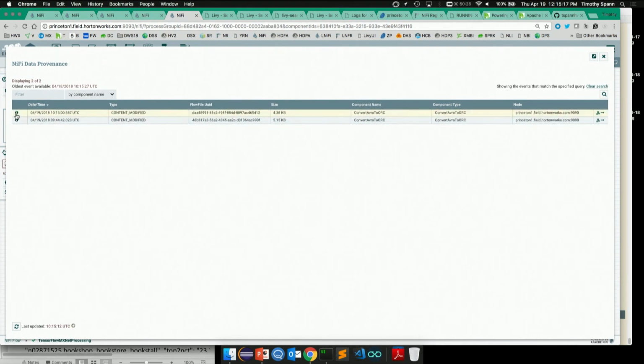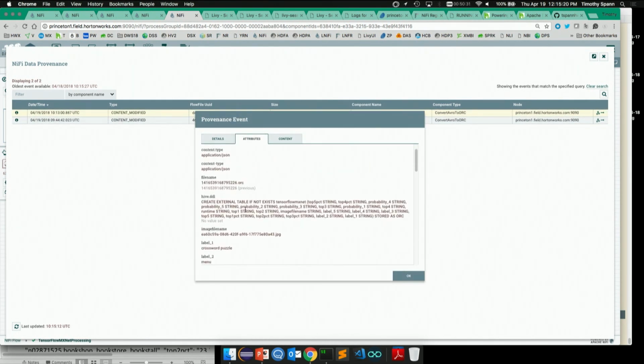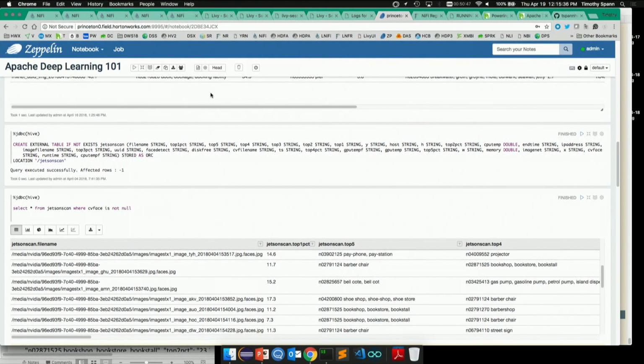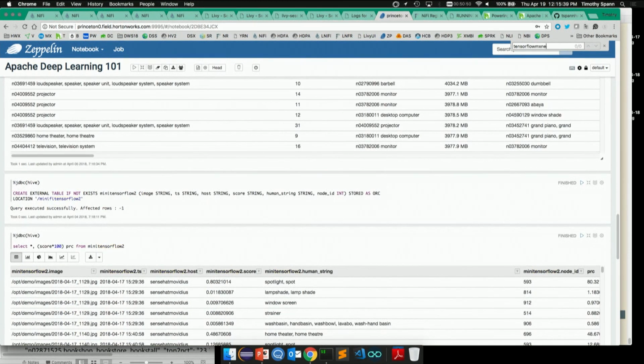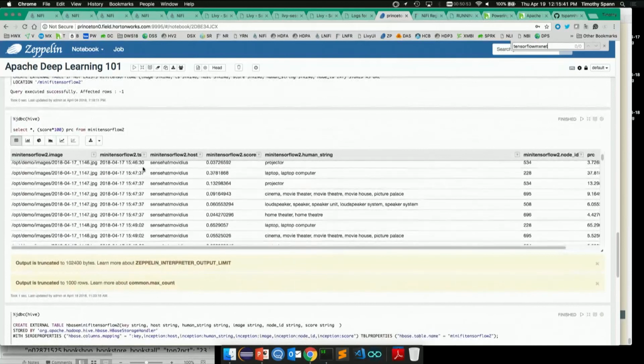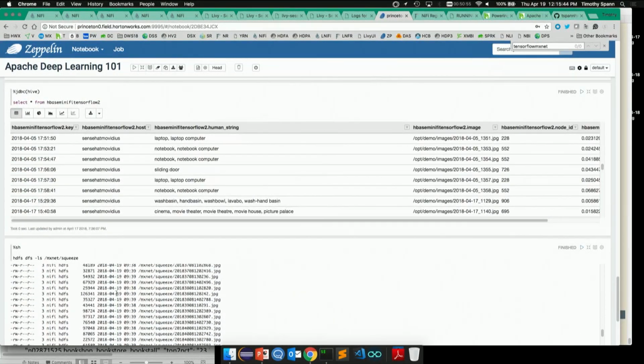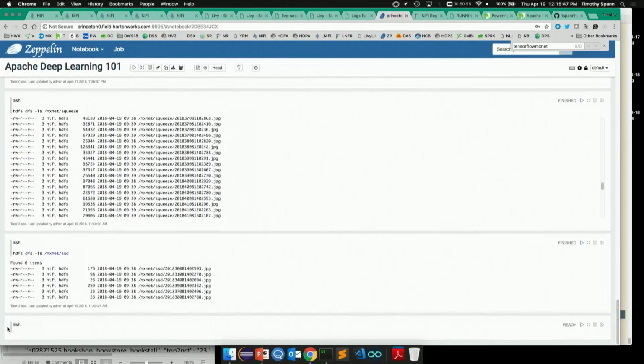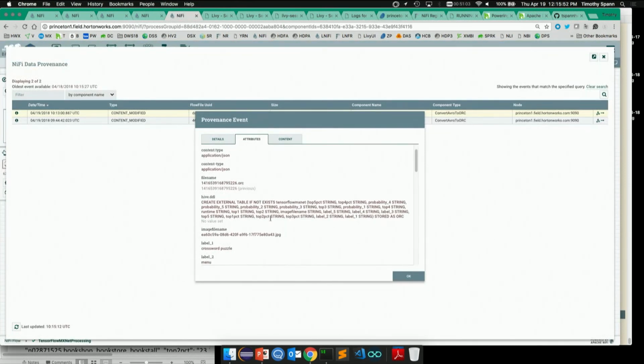Let's see, when was this, if this was the one. It shows me this is the DDL. If I wanted to, I could automatically build this table from NiFi. I like to build the table myself in Zeppelin just to check it out. The table is TensorFlow MXNet. Let's see if we have that table somewhere. Maybe we don't. Maybe we could build that table now. Anyone build a table on the fly? Does that sound like a good idea? No one's saying yes. We're going to do it anyway. Why not? What could go wrong?